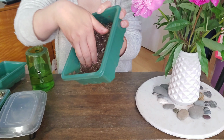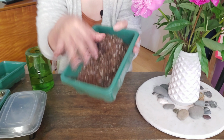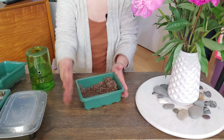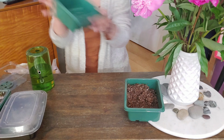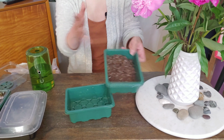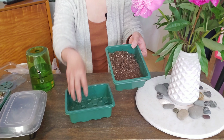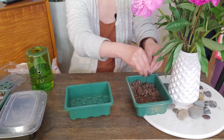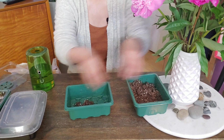So that means the mix cannot take any more water. Meaning the mix is wet enough, or moist enough. Once you're done with that, I am going to move this to the actual container I'm going to use. I separate it because I don't want to put all this excess water into the actual seed starting box. So I would even make sure that it's not too wet. I would squeeze some water out here, and then I would,